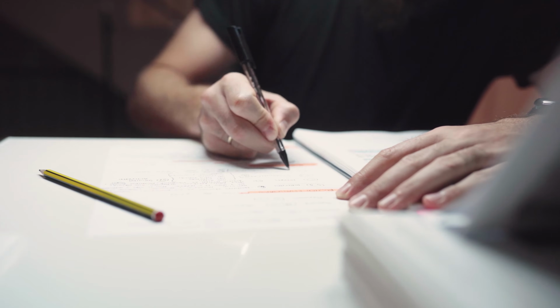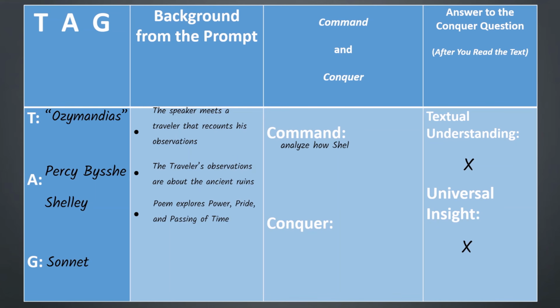So once you find that word, just underline from that word until the end of the sentence that it's in. Or if you're filling in an organizer like I am, you can copy down the command word for word. Analyzes all the way through the end of the sentence. Now I have to give you a warning.